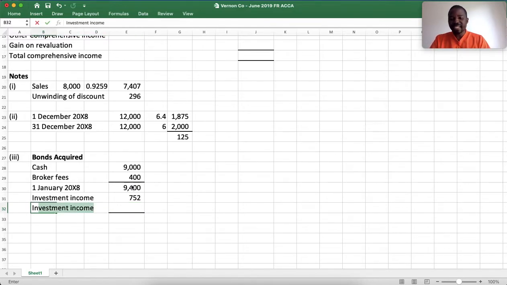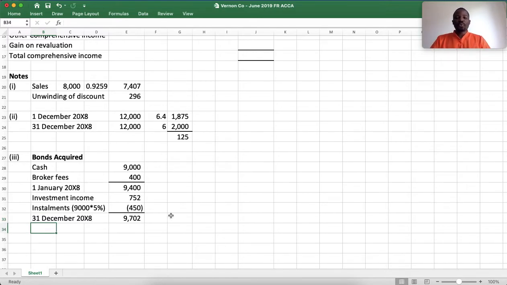Then we have to reverse the installment that was paid. The installment is paid at nominal value. So it's 9,000 multiplied by 5%. We can sum that to get the balance of the bonds as at 31 December